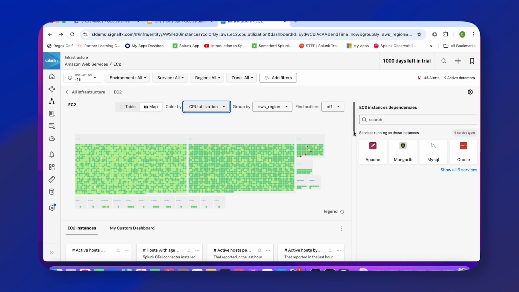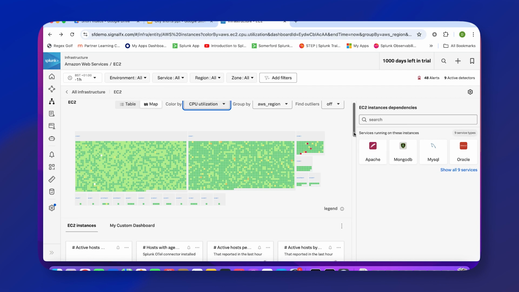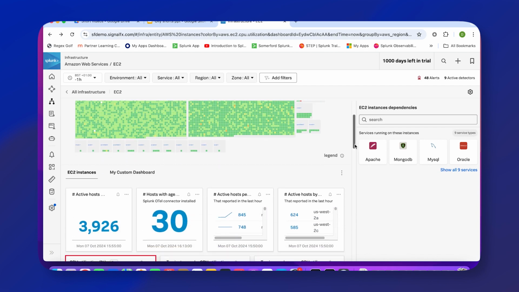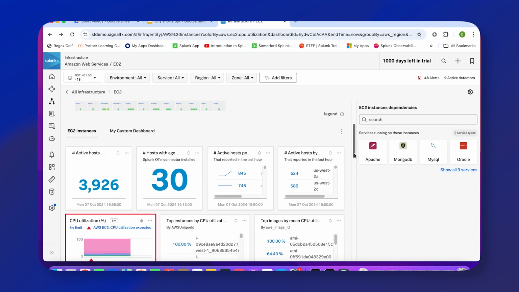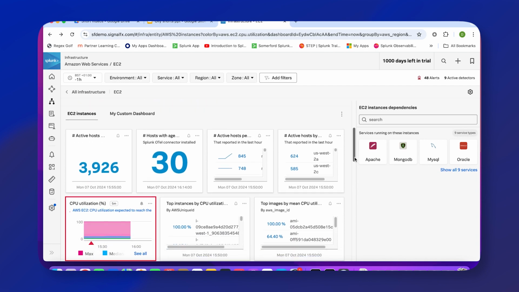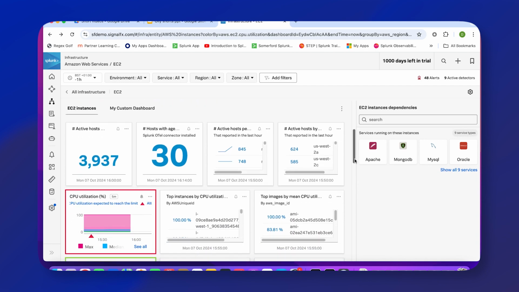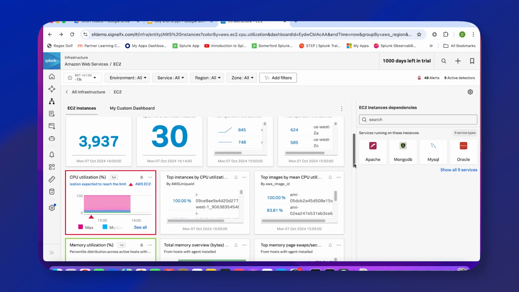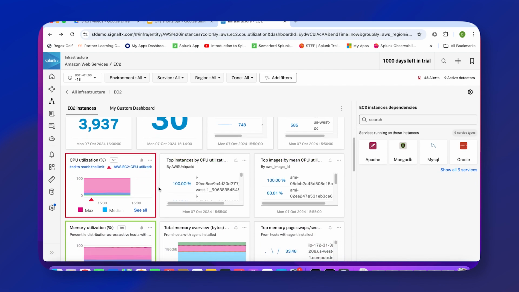So the colours we've got here, green, yellow through to red, indicate good and bad, and of course these thresholds can be modified. As I scroll through the dashboard, we can see a number of statistics about our EC2 instances. It's important for me to say that these dashboards come right out of the box, so if you're collecting against EC2 instances, there are a number of pre-built dashboards already there. So if I stop here at CPU utilization, because we do know we have a problem with that one,